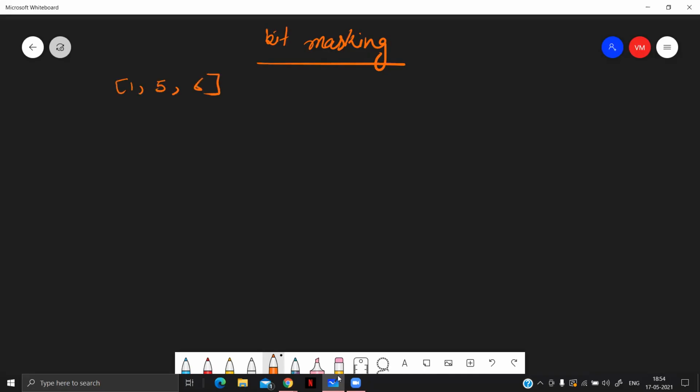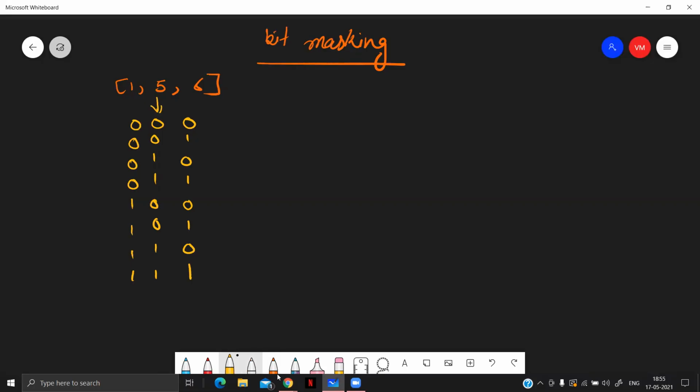Suppose this is the array we have been given, 1, 5 and 6. Now create all the masks corresponding to this array. These are the corresponding masks to this array.